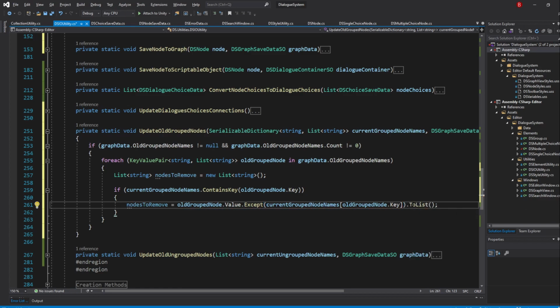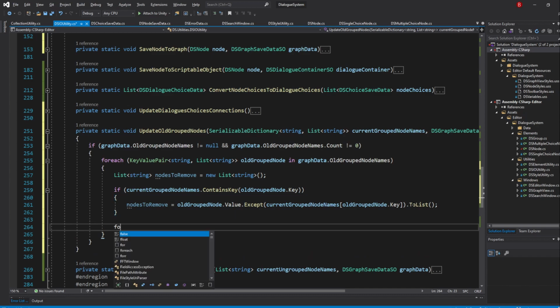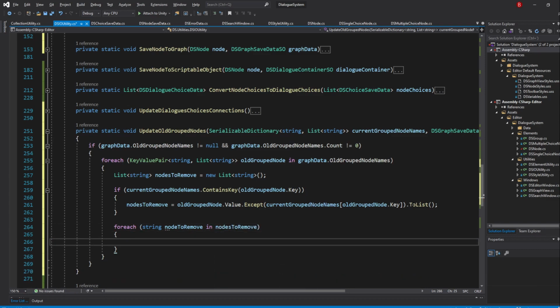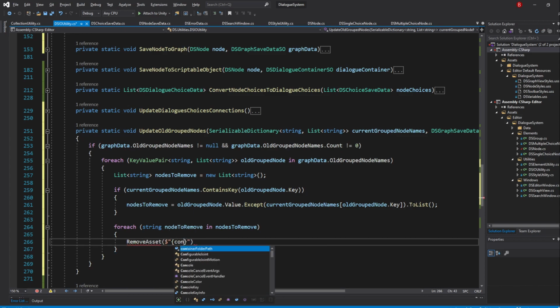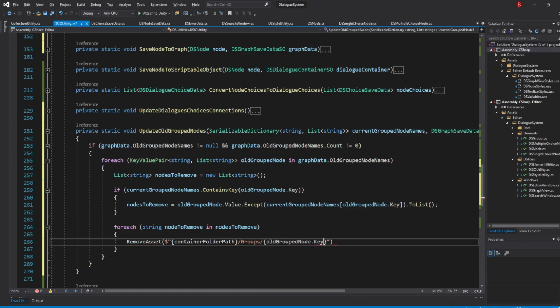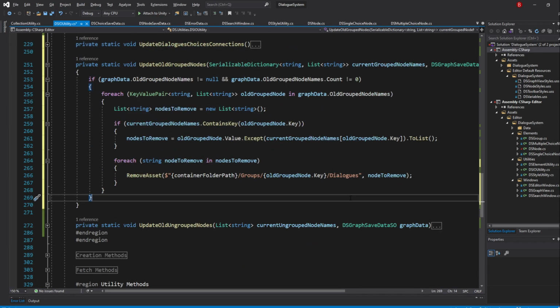Under our if statement, we can now iterate through the nodes to remove list, so for each string nodeToRemove in nodesToRemove, and inside remove the asset by typing in RemoveAsset, interpolate a string, containerFolderPath, /Groups/, oldGroupNode.key, /Dialogues, and pass in nodeToRemove as the asset name. When that's done, set the